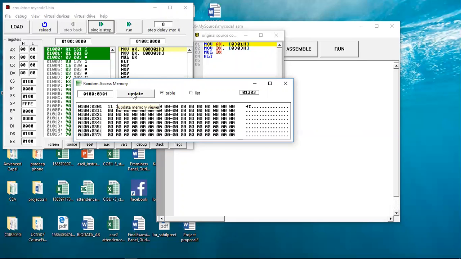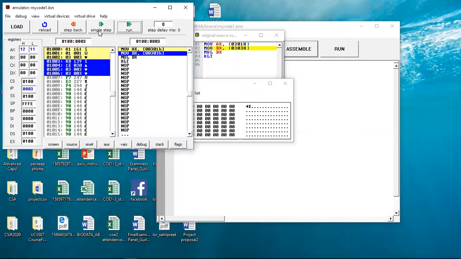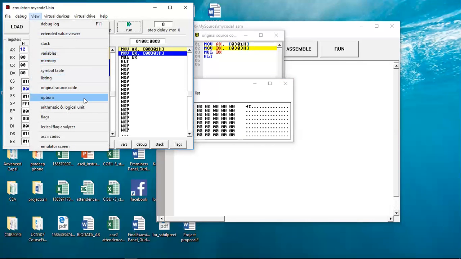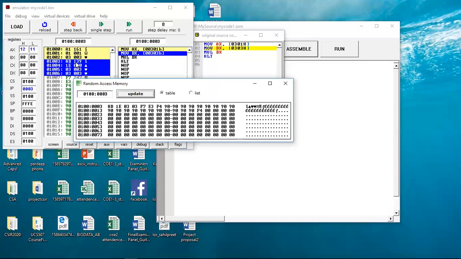If I have taken it and press the single update, your answer is 1211. It means the first input is stored into L register, the second input is stored into H register. Again, I can give another input, that is 0303. I can take another input, suppose that is 0303.